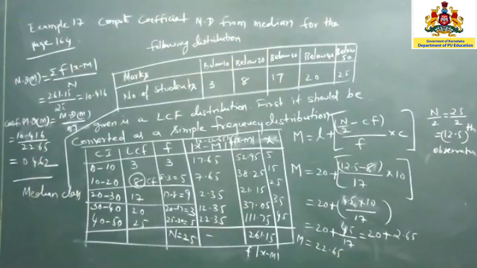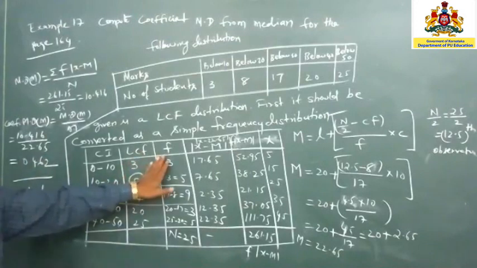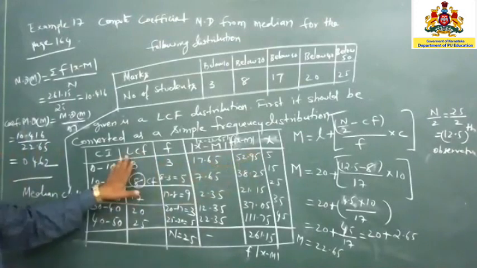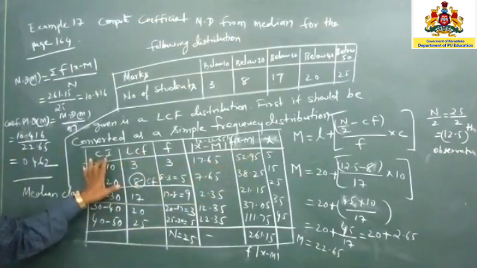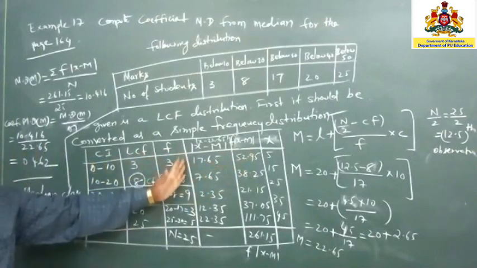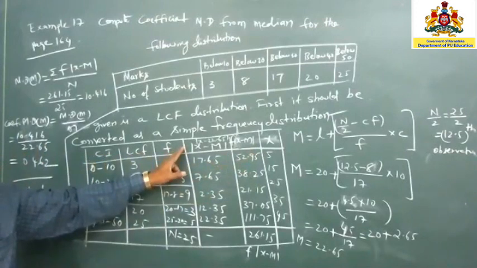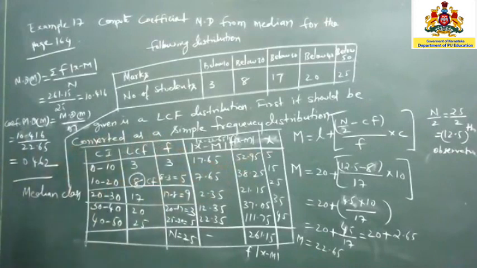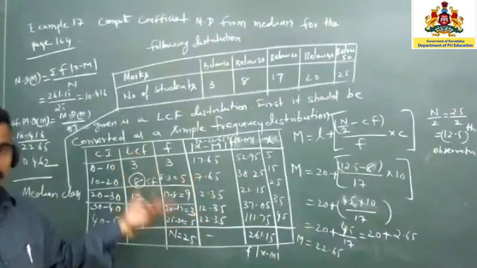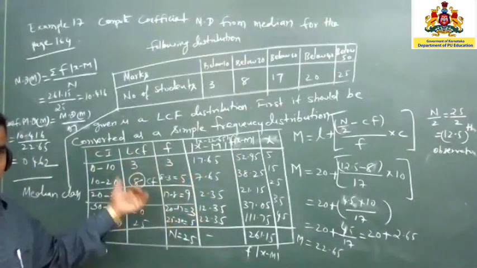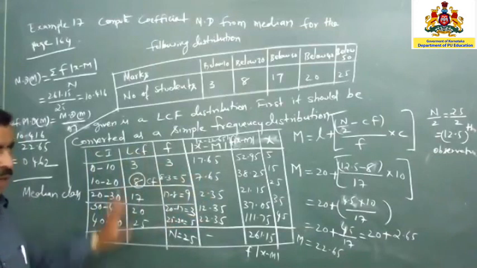So here, I have written the x value at the end. You can write it here itself after class interval and frequency, leave the space and write the x values. Or you can use two tables. Find the median in one table, then for the remaining calculation use another table. See the textbook and follow that.